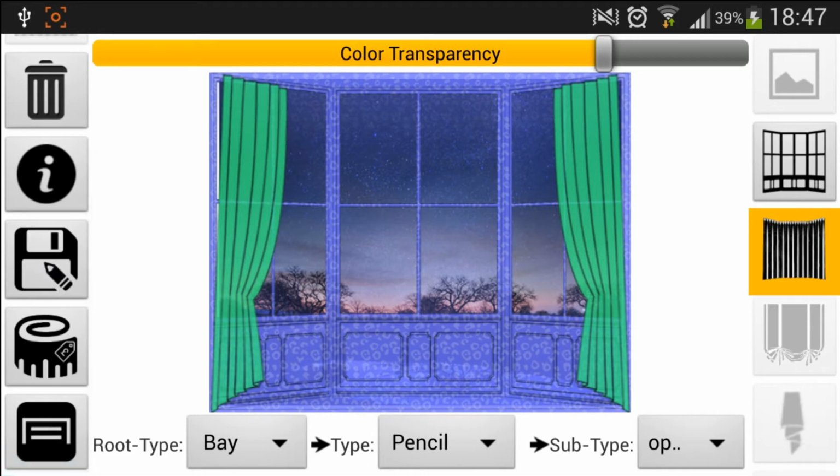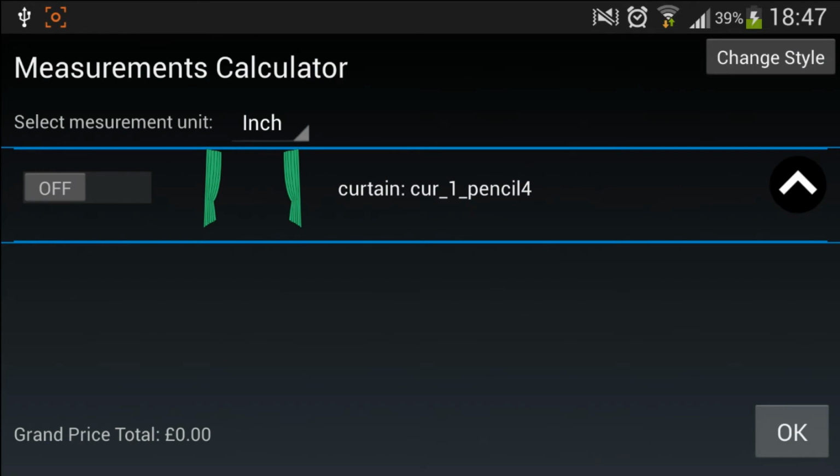Okay, now we can also see the measurements button. Measurement button is related to calculate measurements of the material needed to produce curtains. So let's click on measurements. Now it pops up all possible curtain types which are calculatable. So now we can see that curtain is here, so we just need to change it to on.